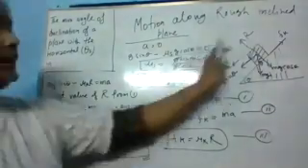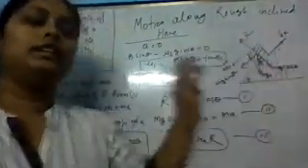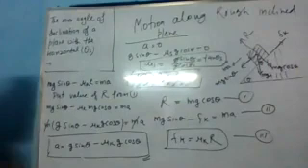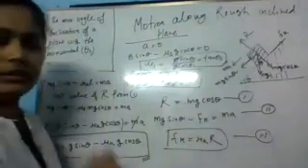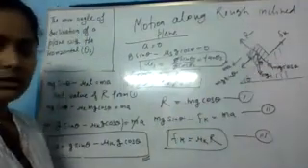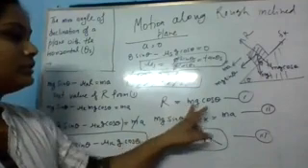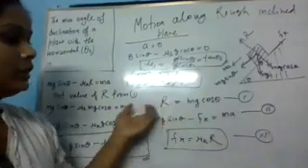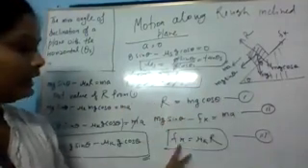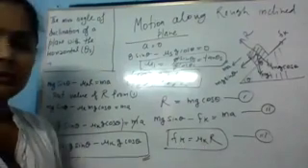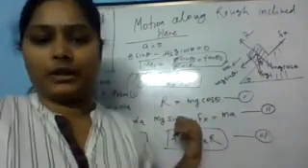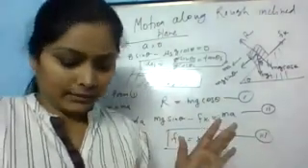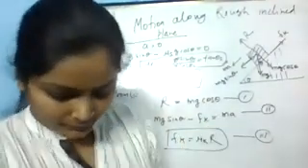If you have this kind of condition, you can easily find the acceleration by this formula, if you remember this formula. Otherwise you can make the components and find the values. If you want to find the reaction force, you can just put the values of these things. You can find the kinetic friction also by this formula. Some values are given in your numerical and you have to find out the other one. Is this clear?